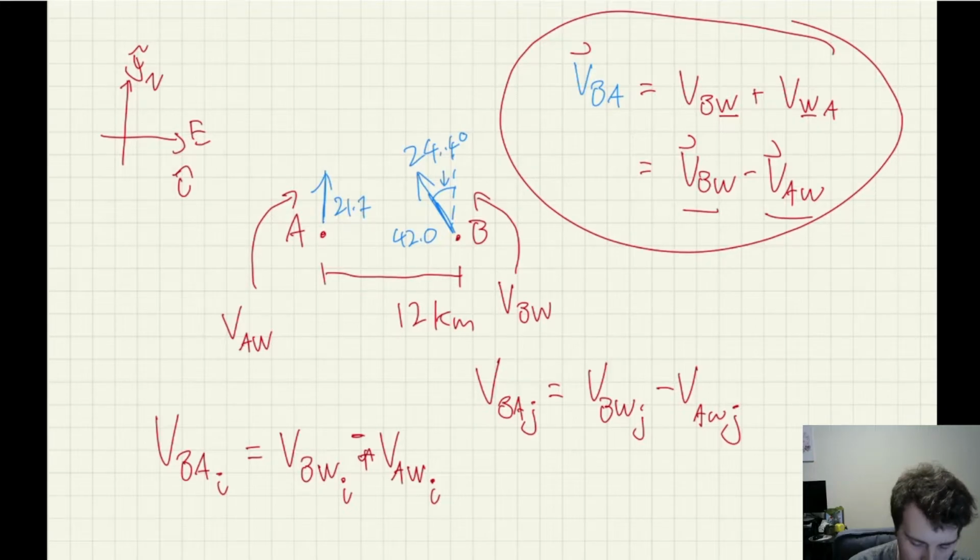So now all that remains is to evaluate all of these things, okay? So first of all, let's do this. This one's pretty easy, right? It's 0I plus, well, I guess I should do comma, that's probably more obvious. 21.7, and this is still kilometers per hour, but that's okay because that's the units the question is asking for, J. Okay, and then this B vector, VBW,